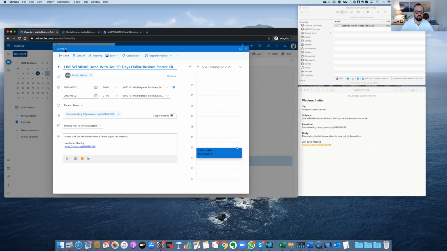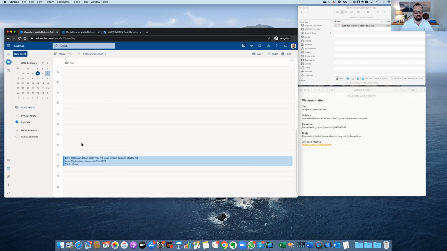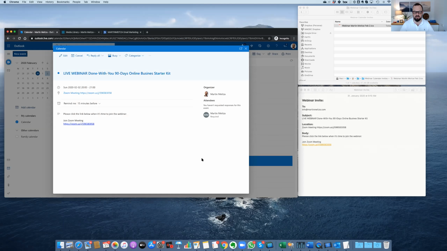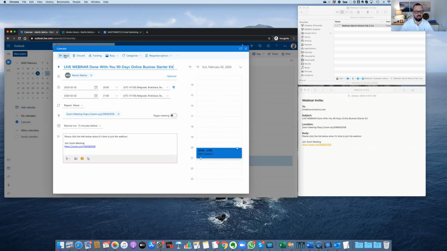So I have Outlook loaded here as part of my Office 365 legacy subscription. You pretty much, and I've done that already, navigate to the 2nd of February, 8 o'clock in the evening, and you pretty much double click on an empty space. Like I said, I have actually pre-fabricated that for the demo here. Now, that's where my file comes in handy. So I copy the subject line,